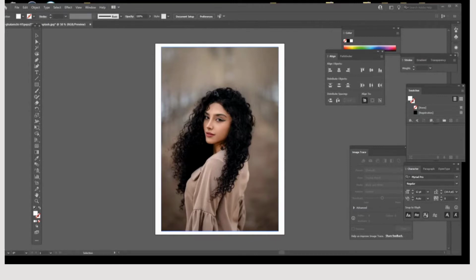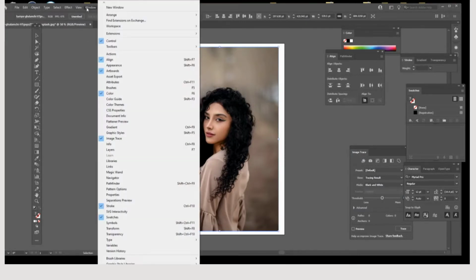Okay, so in this tutorial I'm going to show you how you can make your photo into a vector illustration. So for example, that would be an illustration that you can resize to any size without pixelation. Previously I would draw every single vector illustration from scratch, but if you don't have time, there's a quicker way to do that. So step one is to select your image, so click and drag over that image,